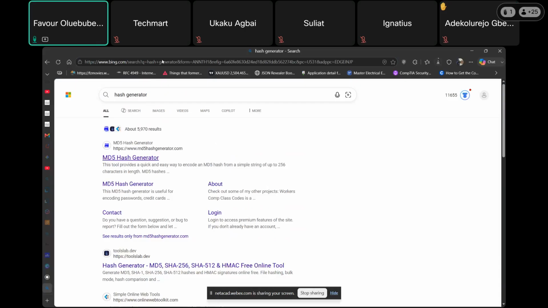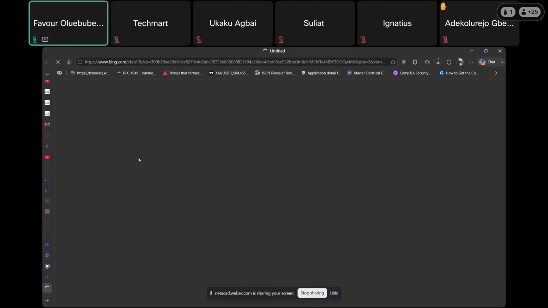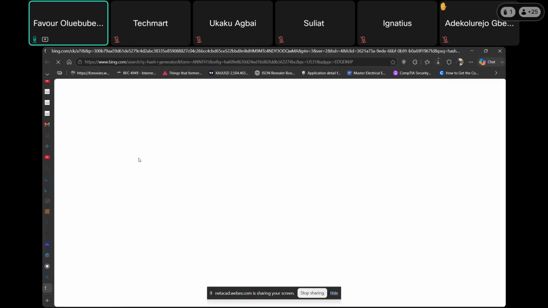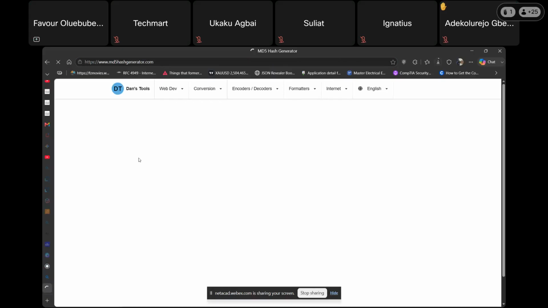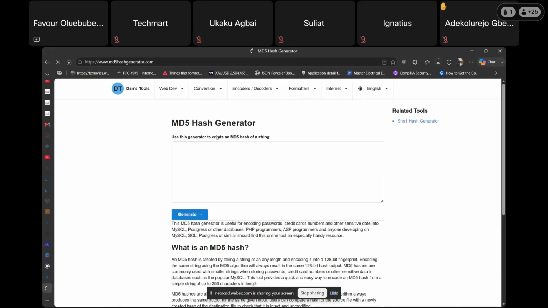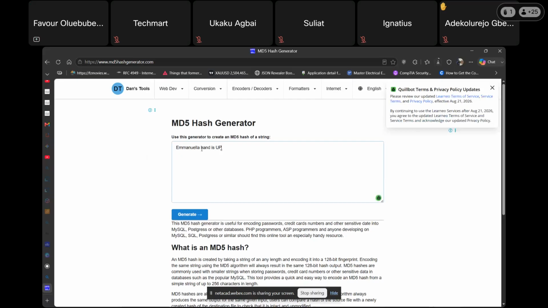So this is a hash generator. If I go to the hash generator now, we can just type anything, and it will generate the hash for that thing. So let's type anything. I say, Emanuela's hand is up. If I say generate,